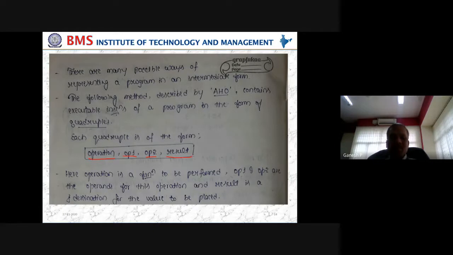So any instruction we have, any programming construct we have, needs to be further separated or distributed such that each instruction can be represented as a quadruple. The quadruple first contains the type of operation we are doing, what the operands involved in this operation are, and as a result, what outcome we are getting. These 4 points are there as part of the intermediate representation.